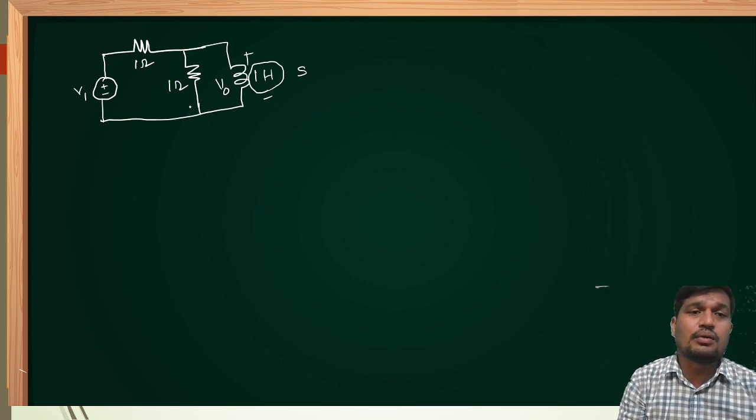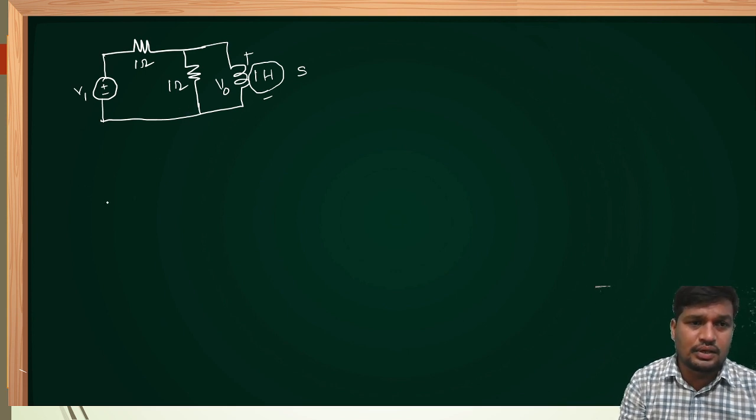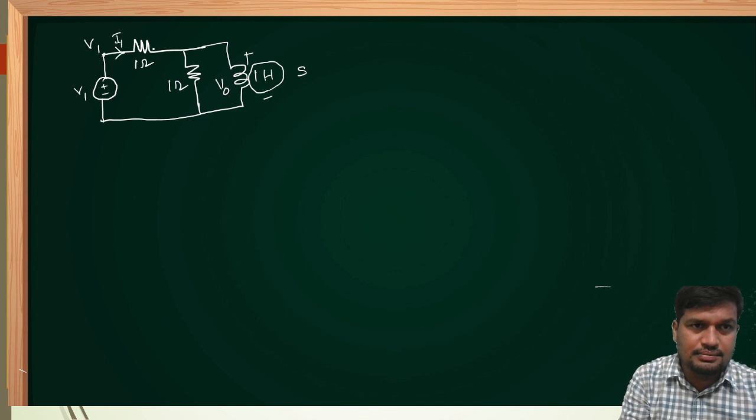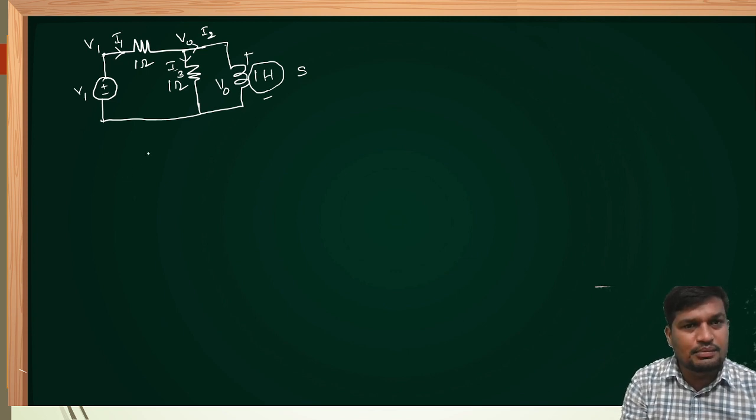This circuit, how to represent through signal flow graph, that I am going to explain right now. The nodes in a signal flow graph are the variables along the series branch. Let's say this is the current I1. At this point, current is dividing, let's say this current is I2, this current is I3, and here voltage, let's say V naught, because voltage across this remains the same. Anyhow, this is a simple circuit we already explained yesterday.